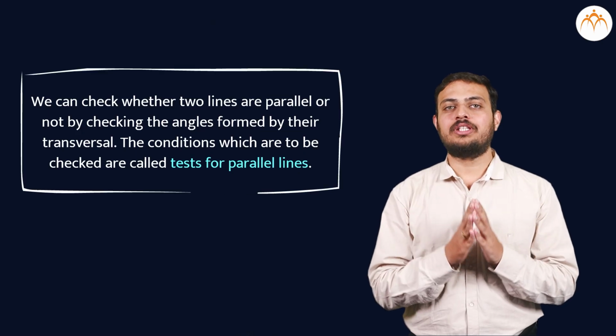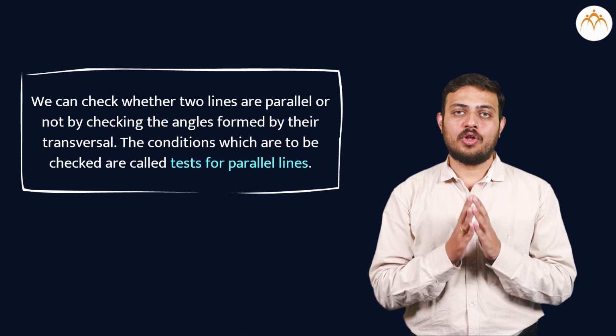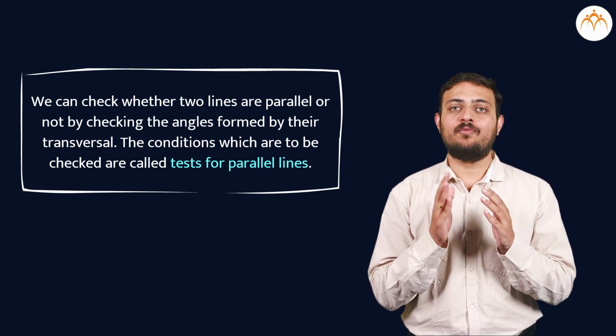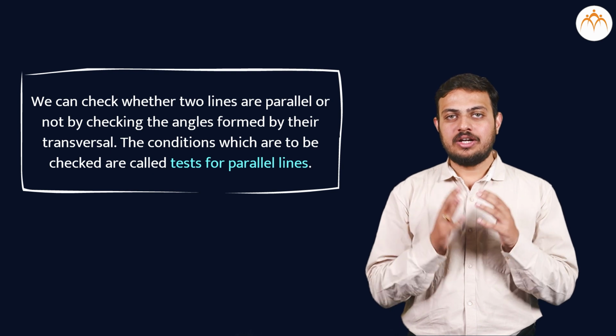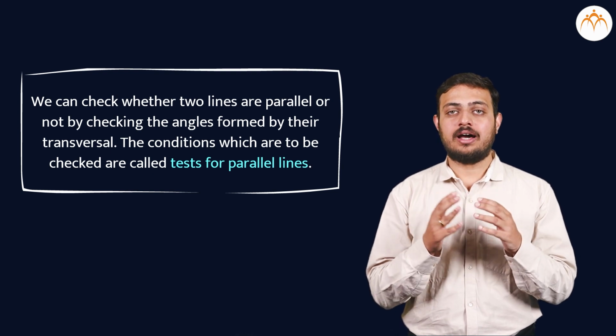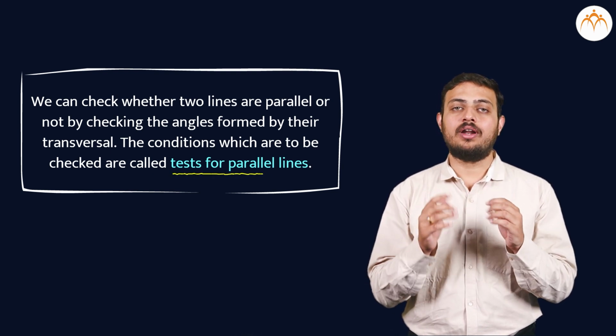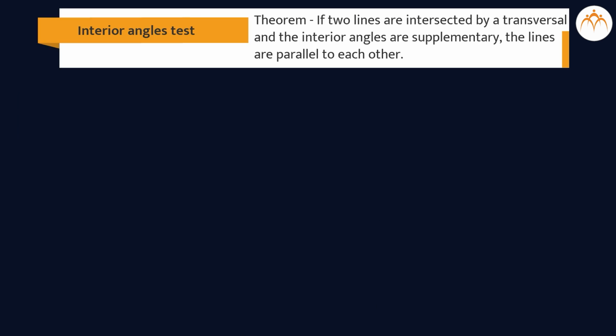We can check whether two lines are parallel or not by checking the angles formed by their transversal. The conditions which are to be checked are called tests for parallel lines, interior angles test. Theorem: if two lines are intersected by a transversal and the interior angles are supplementary, the lines are parallel to